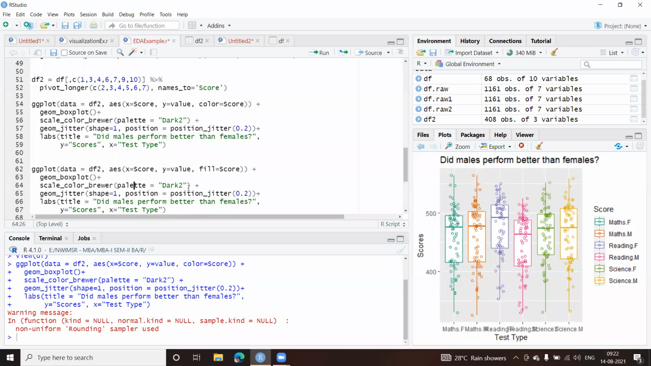And for the palette also, instead of Dark2, let us use one particular color here. So I think let us use green. Okay, so I've used green. The rest of the thing remains the same. And now if I run this one,